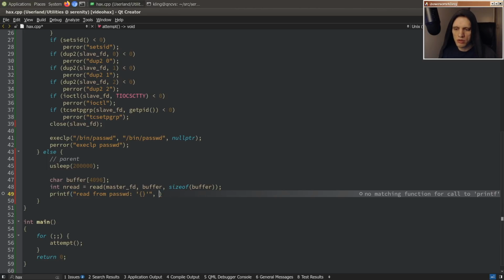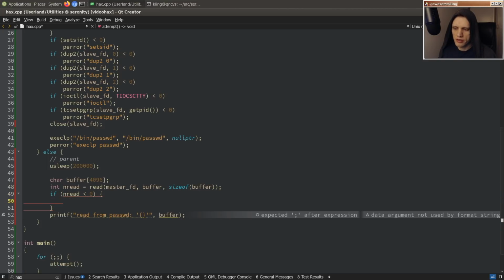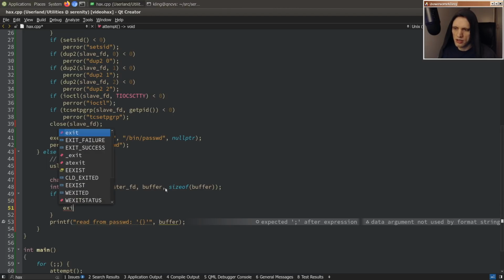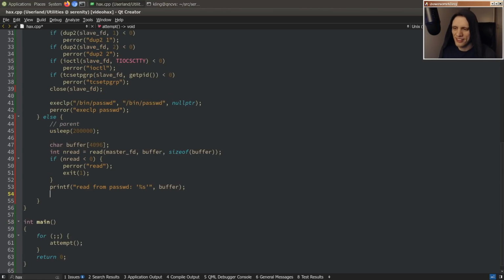Read from passwd into the buffer. Okay. And of course, if that fails, then sad face. And also, that's not how printf works. Okay. And then,